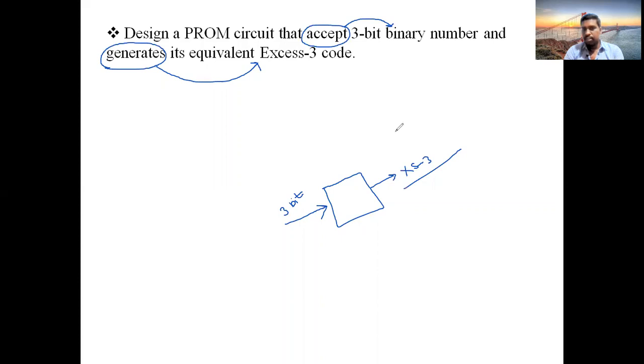That is the meaning. So you don't find any expression here, you can only find the condition: accepting a 3-bit number and generating XS3 code. You need to design the circuit which obeys the given condition.